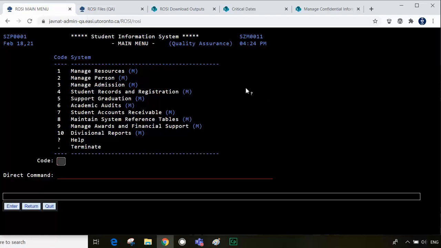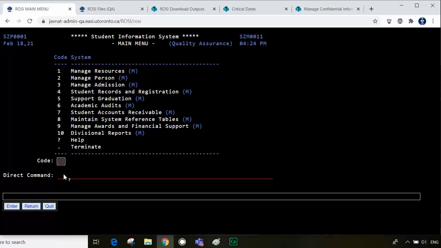When performing a download, always read the screen help first to make sure you understand the search parameters you need to use. We're going to run a course download. This is about scheduling, so it produces a download of all the courses offered within a term.